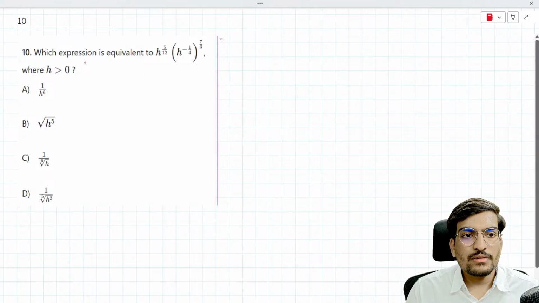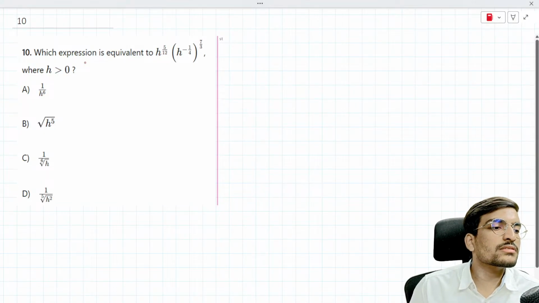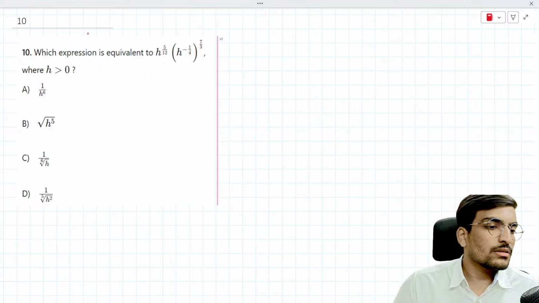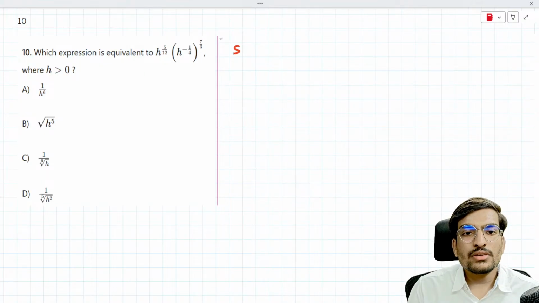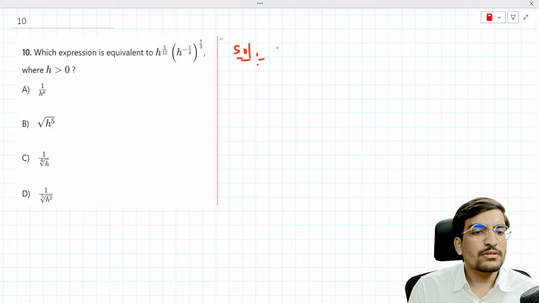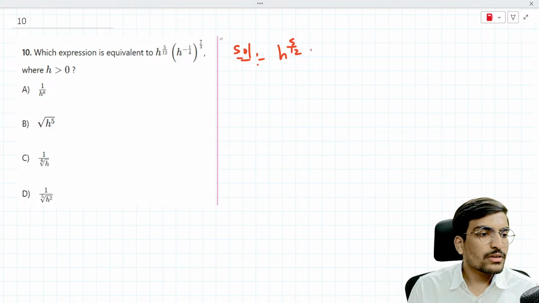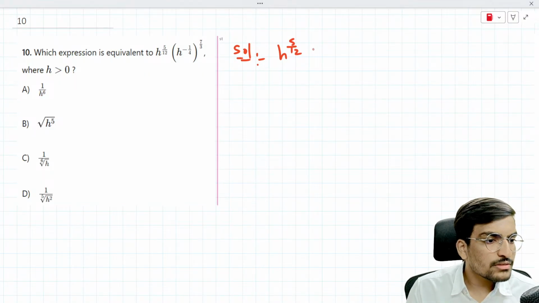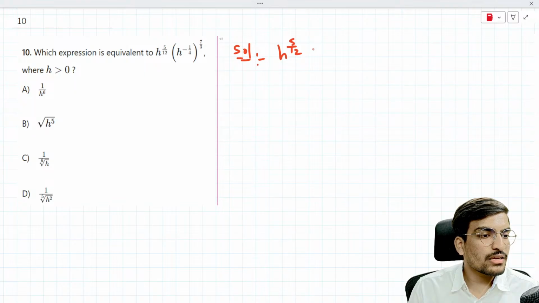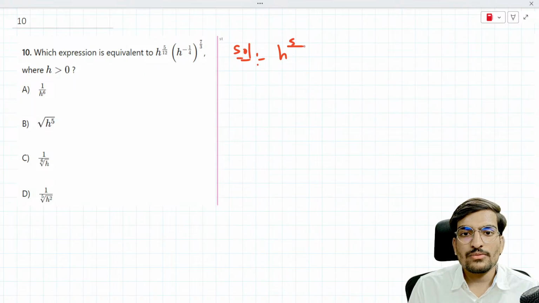Question 10. Which expression is equivalent to h raised to the power of 5/12 times h raised to the power of negative 1/4, whole raised to the power of 7/3? So this equals to